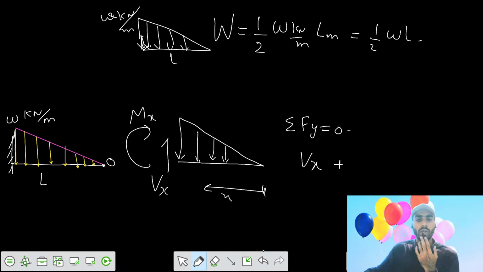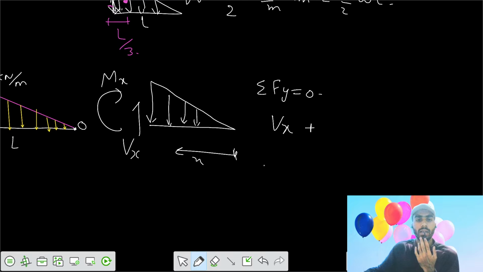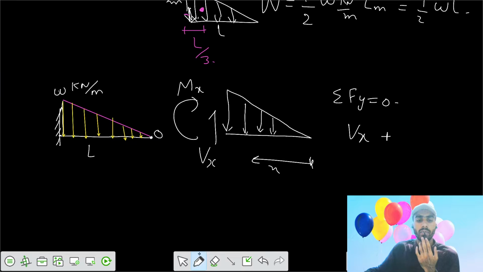So the loading diagram acts like this, and we say it acts at the centroid, at a distance L/3 from this point. Actually we are cutting the beam at x from A. Here it's x. What should be the value of the intensity here? We can say the intensity at x